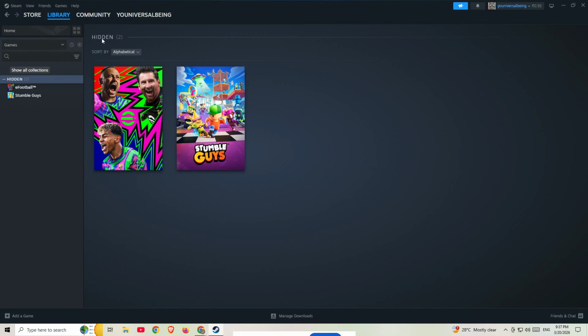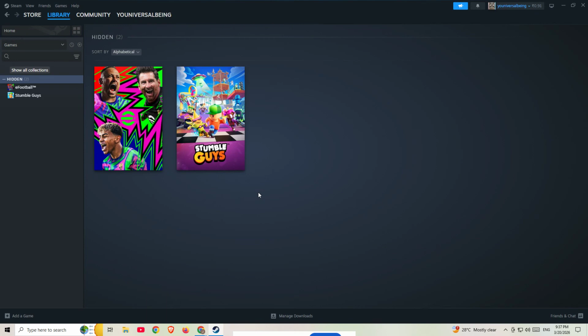Steam keeps these titles out of your main library view, but they are still there and fully accessible. As soon as you click Hidden Games, you should be able to see every game you've hidden on that account. This makes it very easy to review your hidden titles, launch one if you want, or decide whether to unhide it later. If you are looking for a specific game, this is the fastest way to find it without searching